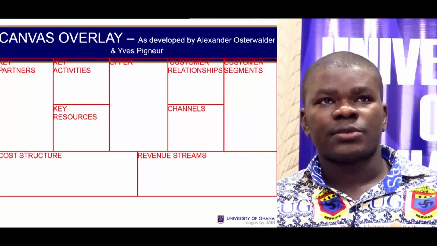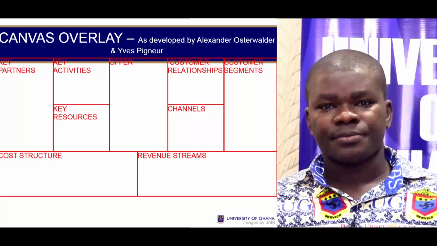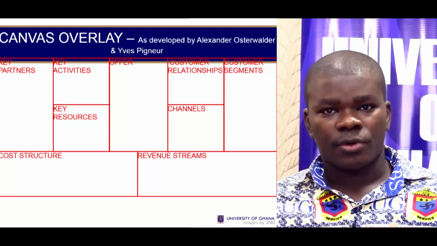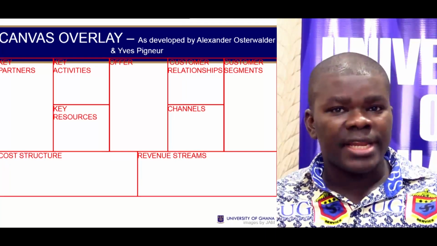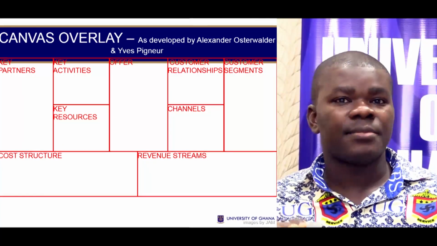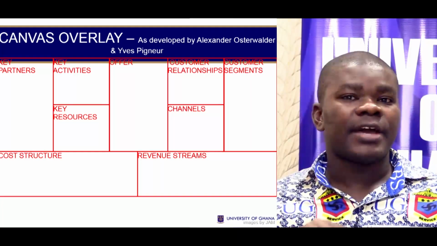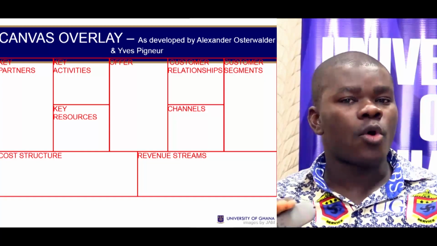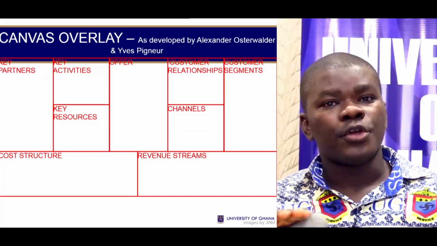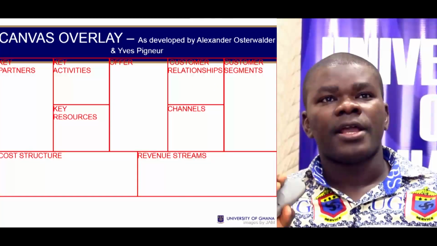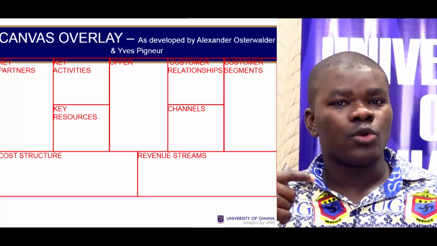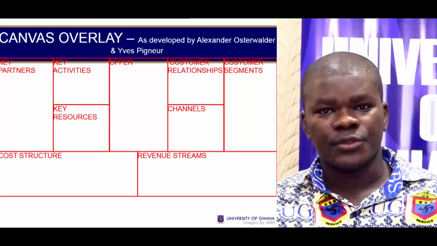So with this, we've come through the business model canvas. We've seen the 9 sections of the business model canvas. In the slides, there are several links that have been provided for you to understand the business model canvas in detail. There are videos that are made available. There are small books that have been made available for you to understand what the business model canvas is. So I'm sure you're going to have fun going to the business model canvas and looking through the resources that have been made available to you.